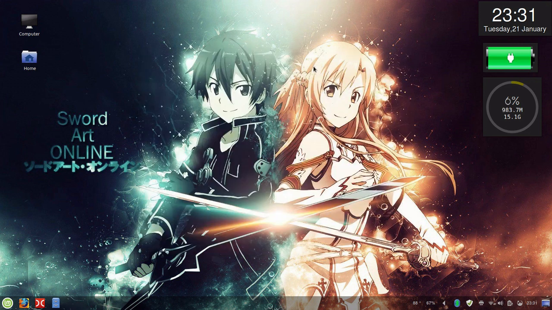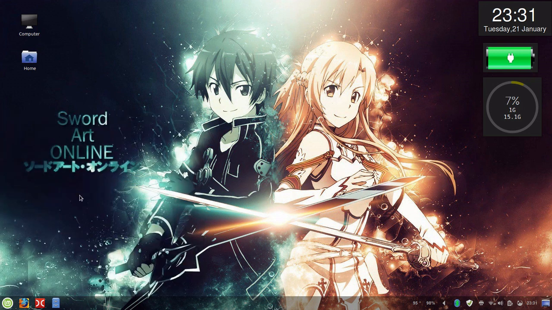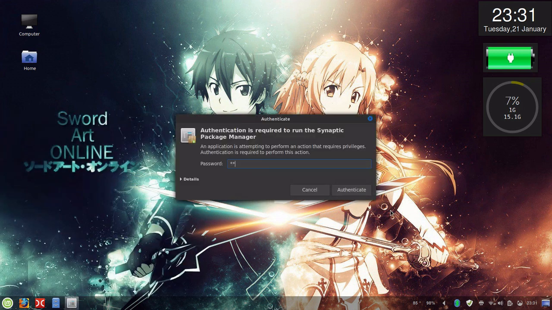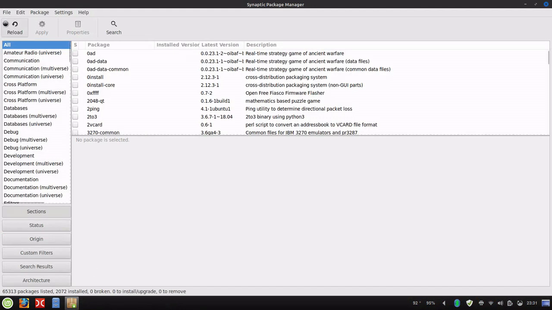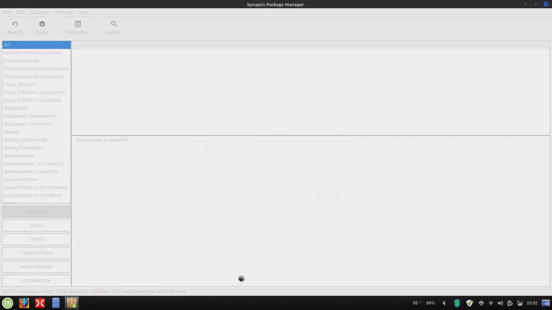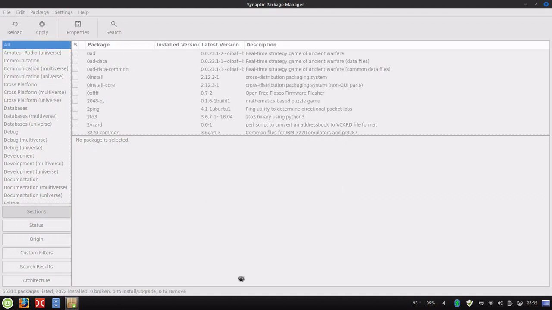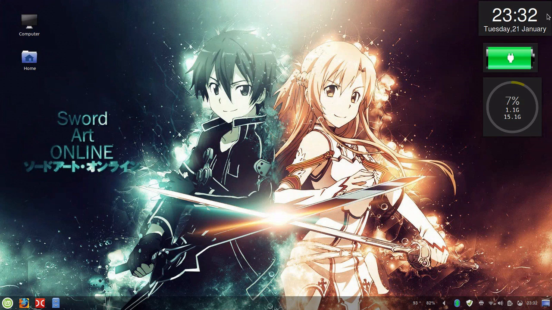Now, you can also run them through Synaptic as well. By going here, entering in your password. Of course, it brings up here, and then you just hit reload, and it will check for updates. Now, your update manager will actually run them through Synaptic, so you can just skip. You can do it through here, or you can also do it through the terminal through